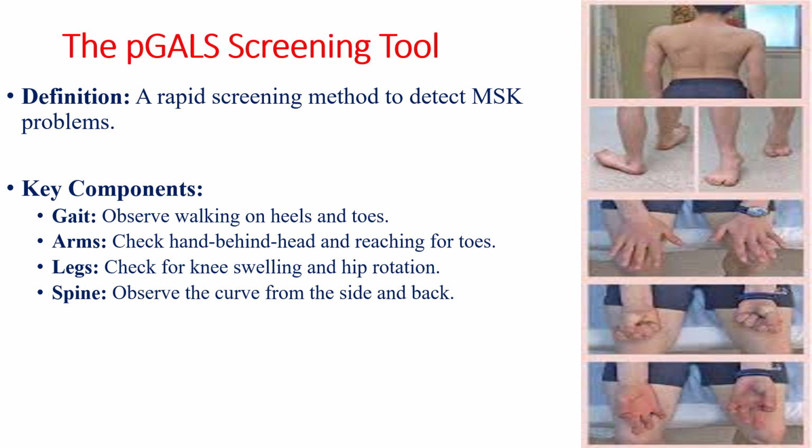Then check the arms. Evaluate range of motion: arms forward, palms down, up, hands out, finger dexterity, or pinching thumb to fingers, and assessing for pain on squeezing the hand joints. Then check the legs. Check hips, knees, and ankle joints for range of motion, effusion, and pain. Knee flexion, extension, internal hip rotation, and also check the spine. Assess the cervical spine or neck movement and bending forward to look for scoliosis and spinal abnormalities.